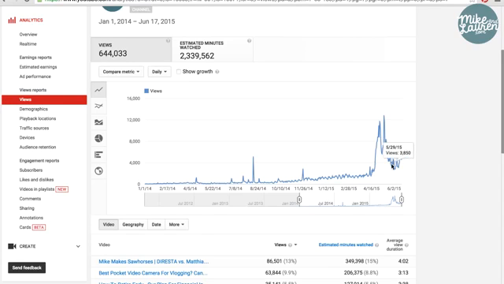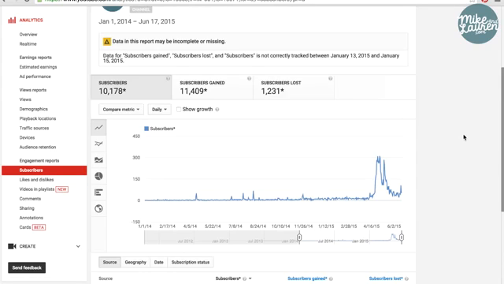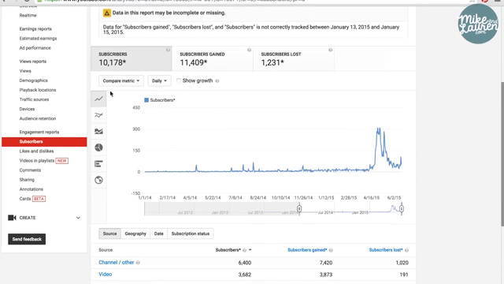So we do not know the long-term effects of what that kind of exposure will do for us, but so far it has resulted in an average of about 50 new subscribers a day, sustainably. But this graph does give us a nice little representation of what Reddit, Instructables, and Popular Mechanics / Lifehacker can do for you. If we come over to the subscriber tab, you'll notice something interesting. It's nearly identical, and in fact, we can compare subscribers to this and look at how it mimics all of the peaks and valleys